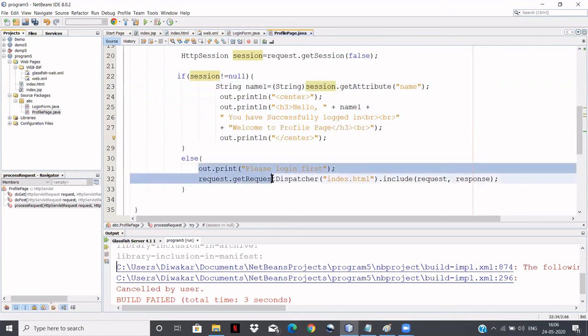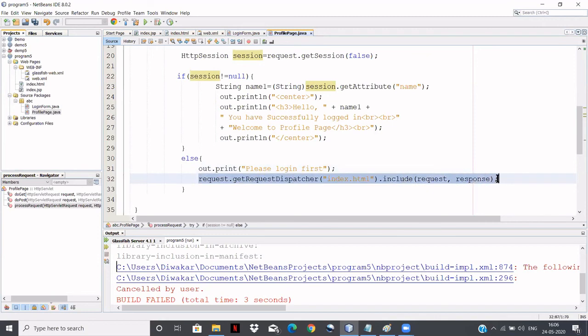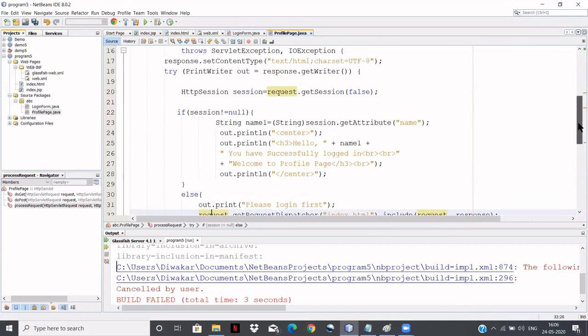If session is equal to null, then it will print please log in first, then request.getRequestDispatcher index.html, include request, response. It will include this index.html page at this point in the else block, right? Otherwise, using session.getAttribute with this name, you're going to access this name and store it in name1. Then you're going to print hello, name1, that is Kumar, you're successfully logged in.